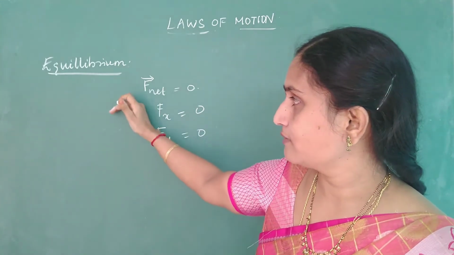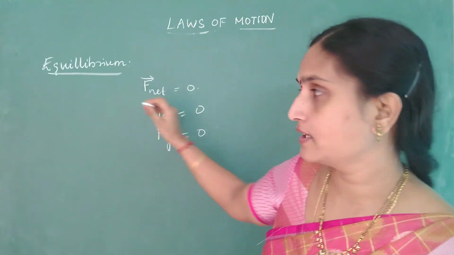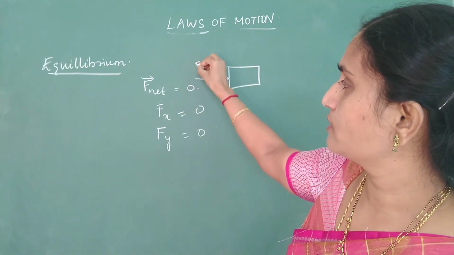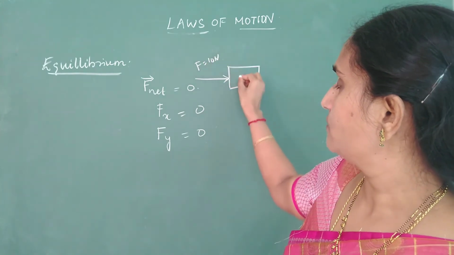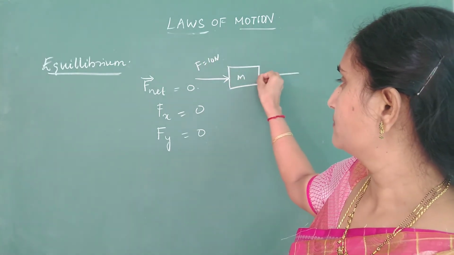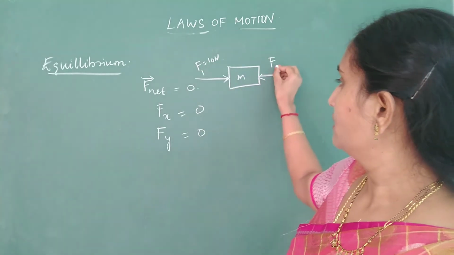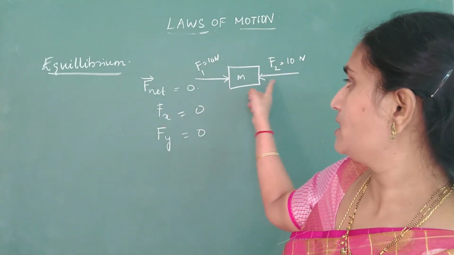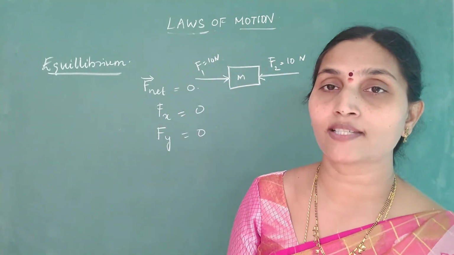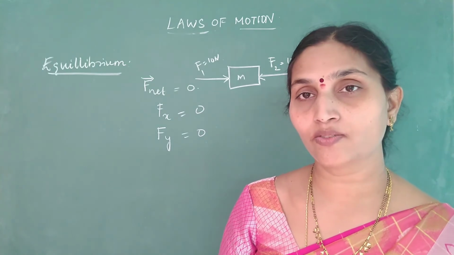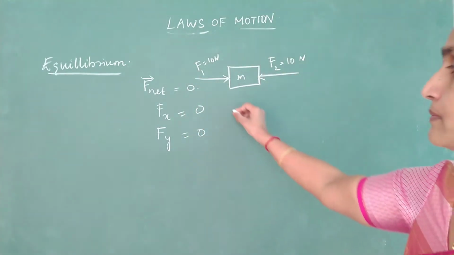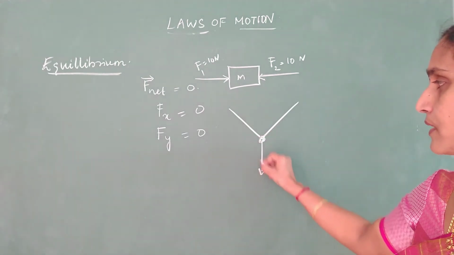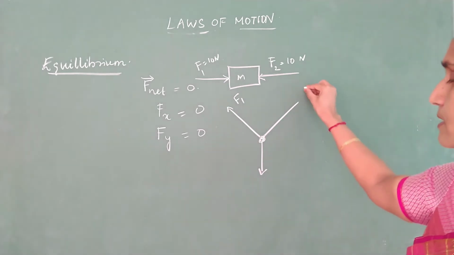Now, if a body is in equilibrium under the action of two forces, we can clearly say that the two forces must be equal and opposite. Say you have applied a force of 10 Newton, F1. If this particle is in equilibrium, what should be the magnitude of the second force also? 10 Newton. They should be equal and opposite if only two forces are acting on a body. But if more than two forces act, how do you explain this equilibrium? If you have three forces keeping a particle at rest, then we'll make use of Lami's theorem.